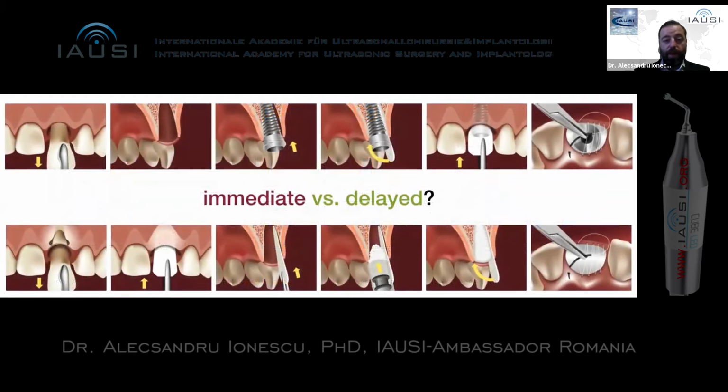And this is a comparison sketch. So where possible, we insert the implant, and if needed, we place the membrane and the bone granules to fill the gap, and we do not flap. We just cover with the membrane and do the continuous suture. While when it's not possible, because we either don't get primary stability, or we have a very severe resorption